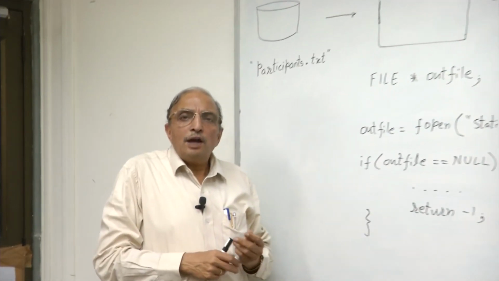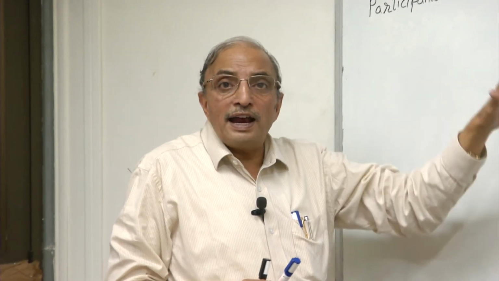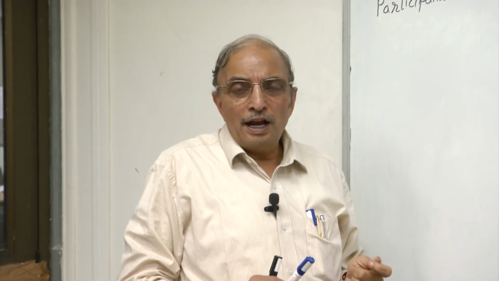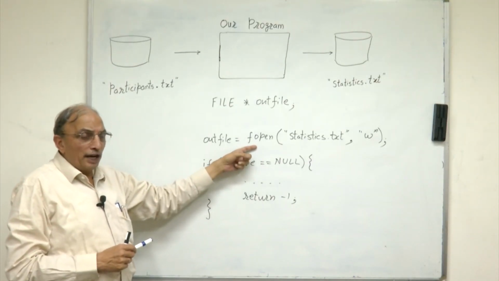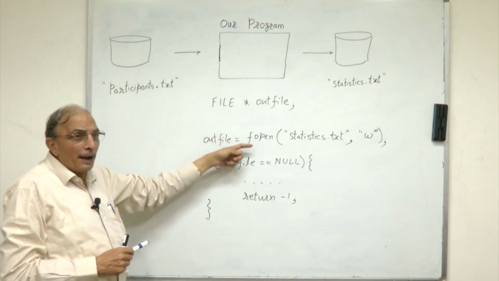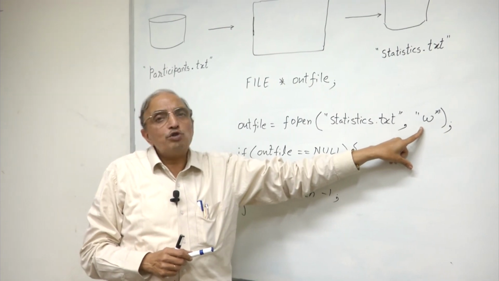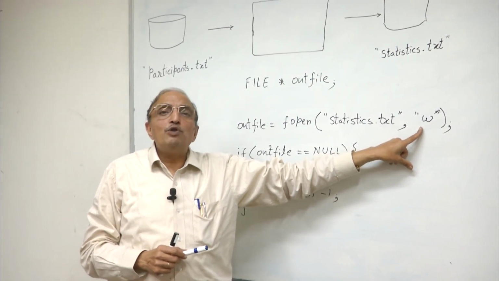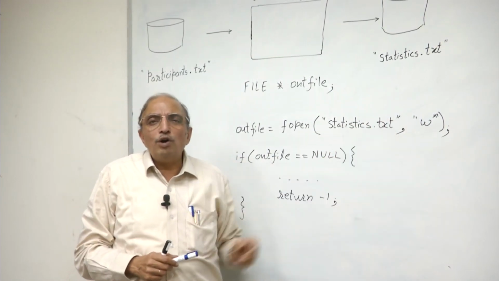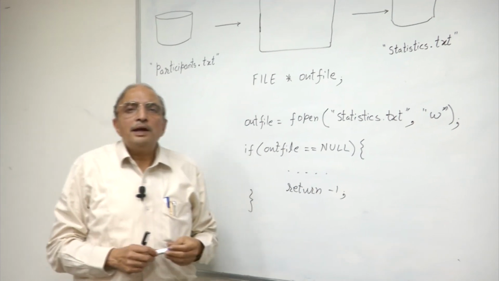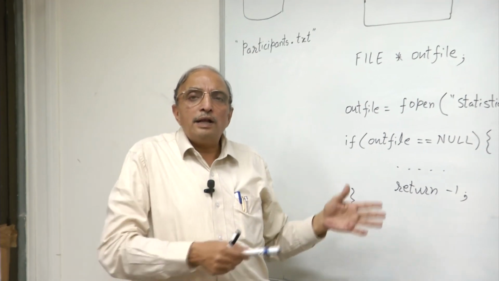With this, we have now understood how we can associate external files with internal file pointers. To recapitulate, we use the fopen statement to associate an actual file with our program pointer, and we indicate the mode in which the file is to be opened, which could be either R for reading and W for writing. There are additional indicators that can be given in this mode. All of these are described in a separate handout which is included in the course material.